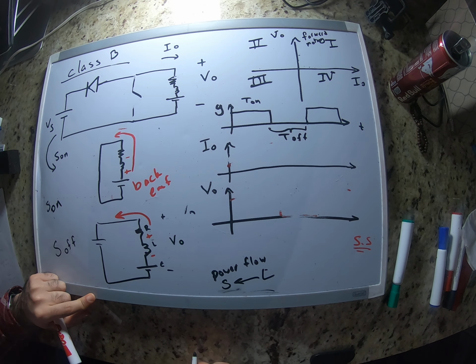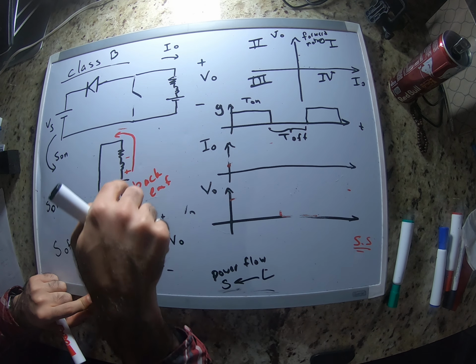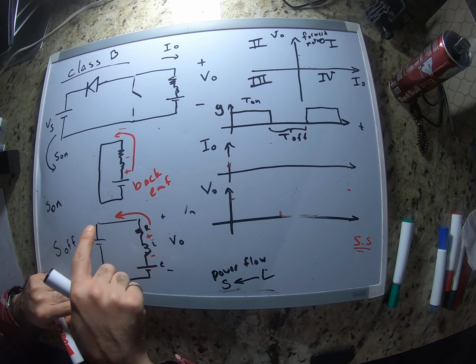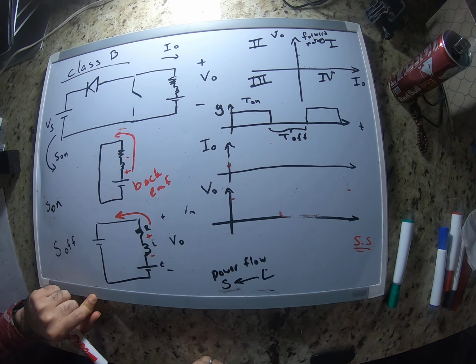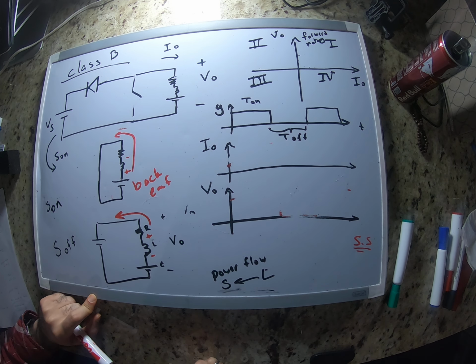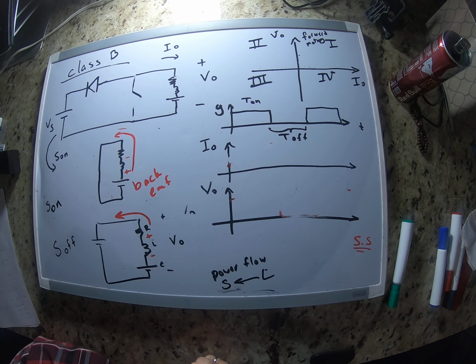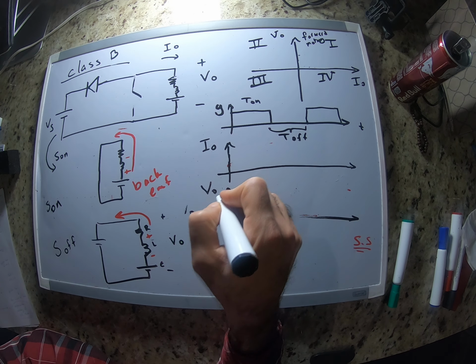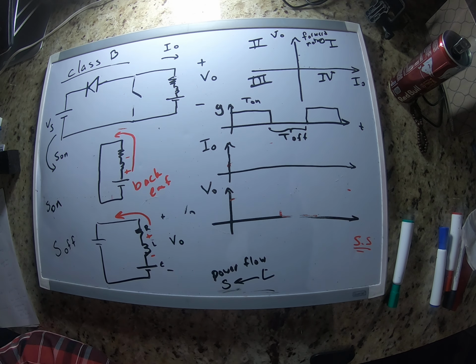Okay, in this case, L is charging, inductor is charging. In this case, inductor is discharging, right? And let's see how the waveforms would look. Okay, so in this case, again, let's assume that the inductor has an